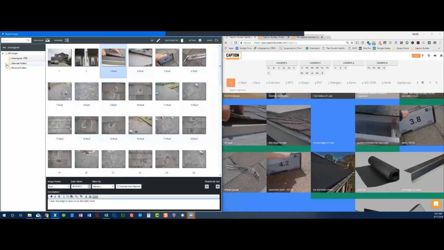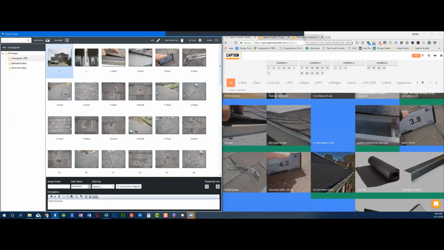You can also set it up in your estimate folder if you want, and then drag and drop all these to categorize them or tag them. I think that's what it's called in Xact, is tagging them. I actually don't like doing any of that per se. I like using just Caption Builder to label all my photos, and I start at the top and work my way down. Gotcha. And the key to creating a good photo description or photo caption is